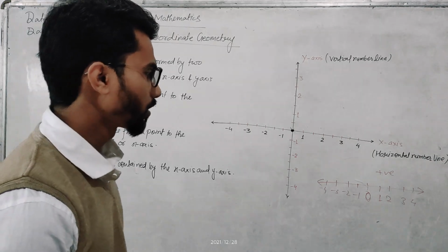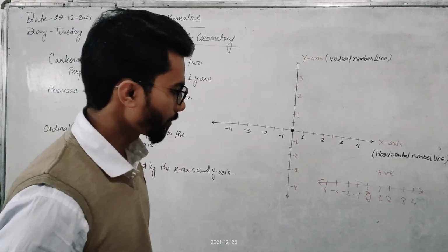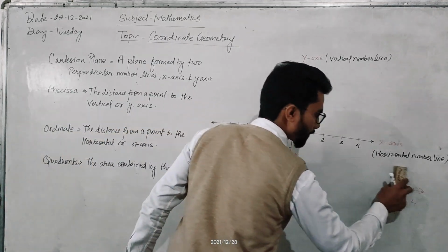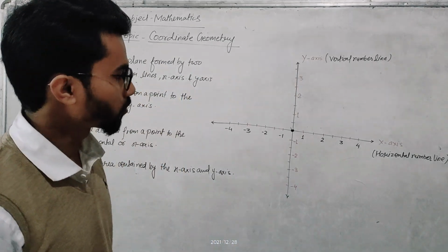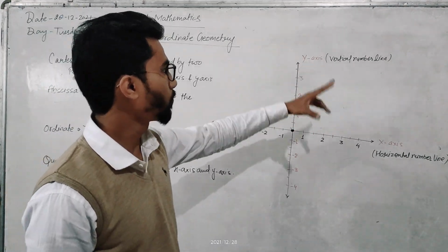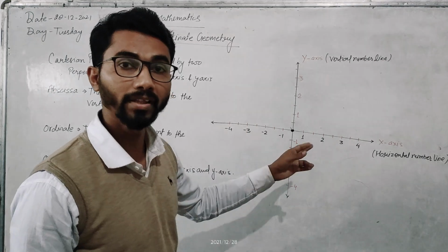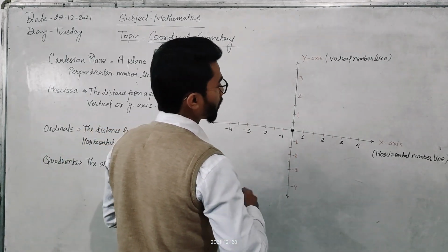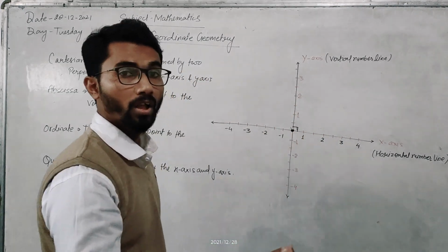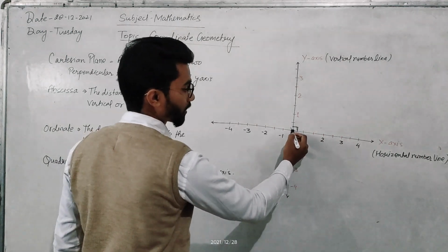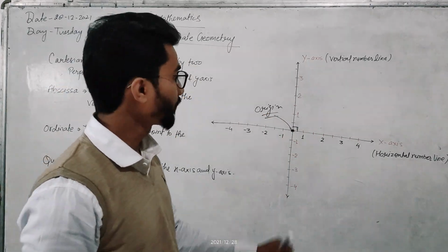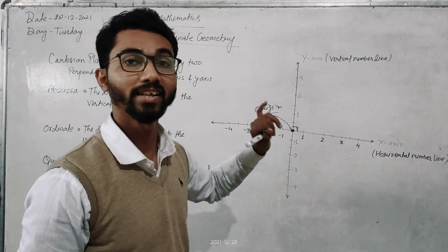Okay, according to the requirement of the numbers, number lines only represent the real numbers. So today our topic is the Cartesian plane and coordinate geometry. Now moving on, the combination of number lines is the perpendicular intersection of the x-axis and y-axis. The x-axis and y-axis intersect at a point that is known as origin. Origin is that point at which the y-axis and x-axis intersect each other.